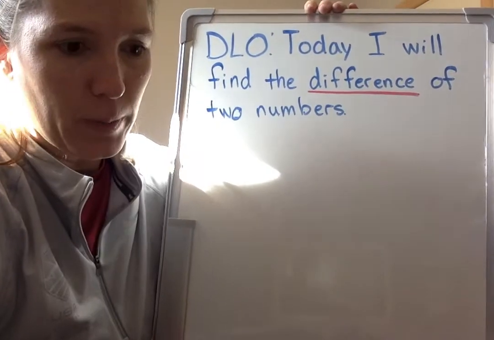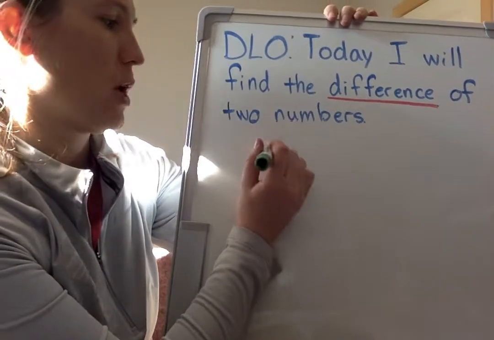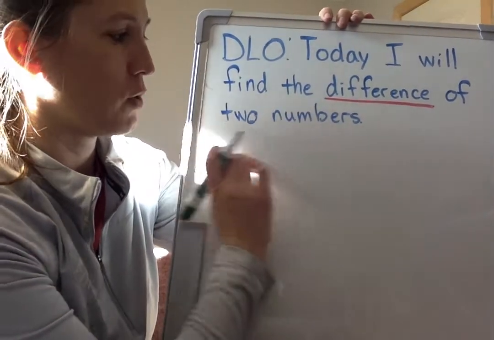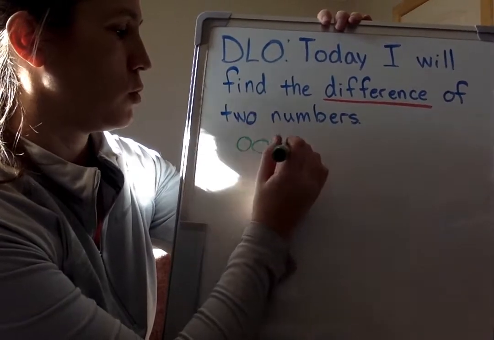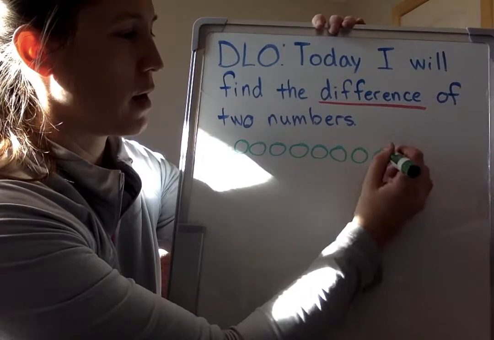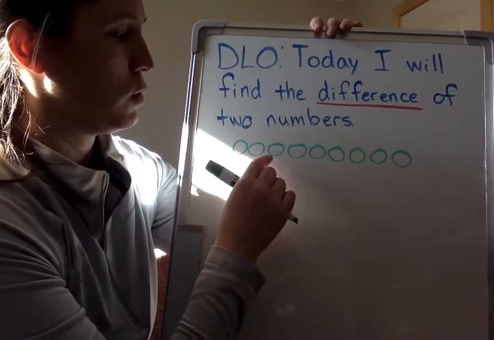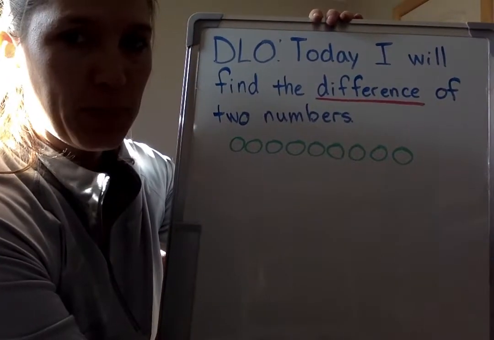So what do we know? How many cookies did I start with? 9. So let's draw 9 cookies. And it doesn't matter if you do 9 all the way across or if you do 2 rows. 1, 2, 3, 4, 5, 6, 7, 8, 9. I had 9 cookies. I gave